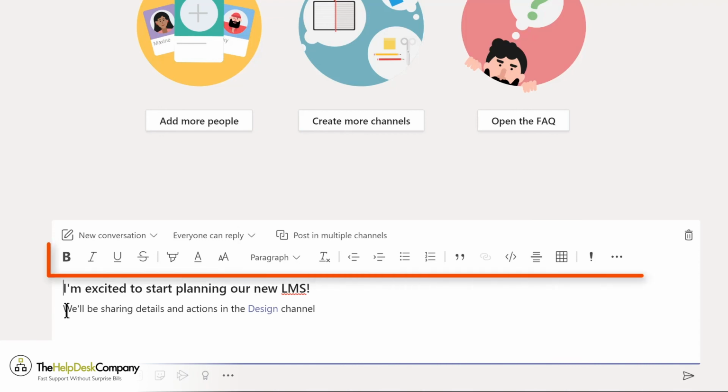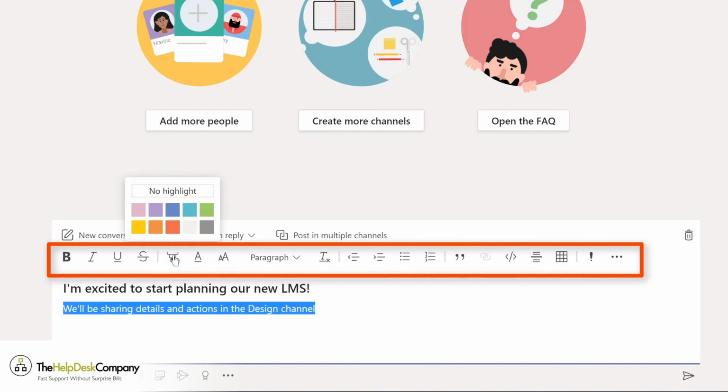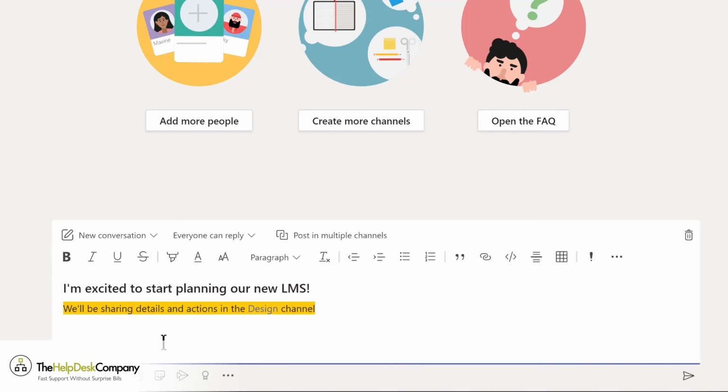Notice your options in the Compose box. These include simple font changes like bold, italics, options like highlighting, bullets, numbered list, and even creating tables. And as you've probably discovered already, there's a wide range of options that are available for you to enhance and add some fun to your messages, including emojis,